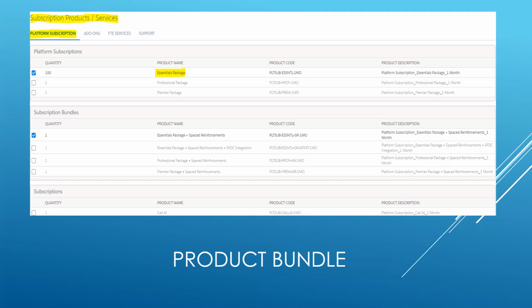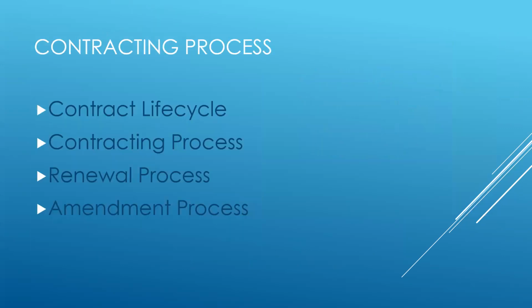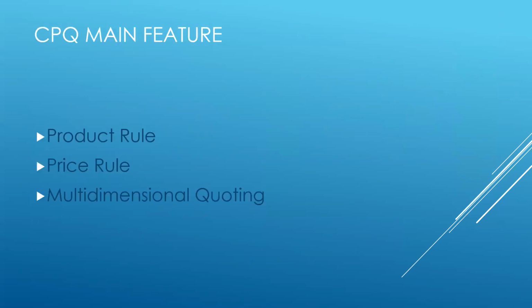Then the second one is exclusion. Exclusion is like if we select the professional bundle, we don't want the customer to buy the essential package or premier package, then we can use an exclusion option constraint. If we choose the professional package, it will fade off the essential package and premier package, and it will not allow the customer to select both of these options. So this is also one thing that is dependent on product.